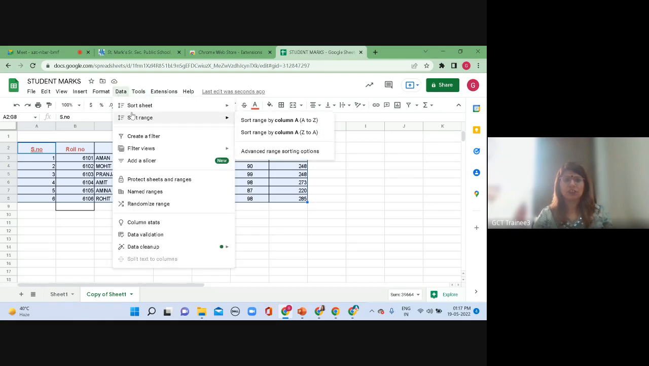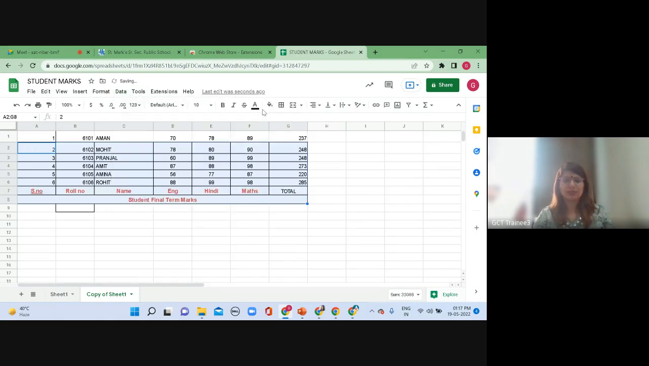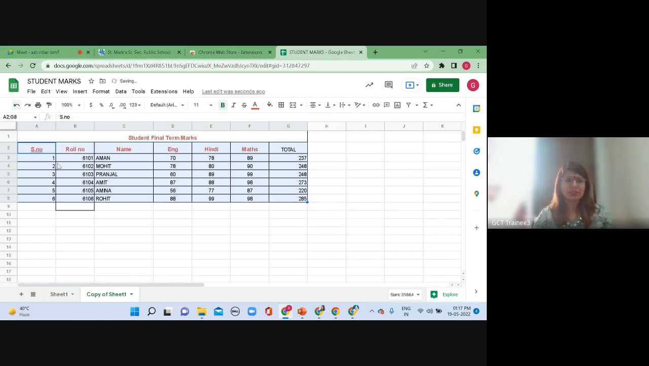Now sort sheet, sort range by column A to Z or Z to A. Sort range. Now advanced range sorting options. Let's have this sorting. I just select this much data from here. Then data,